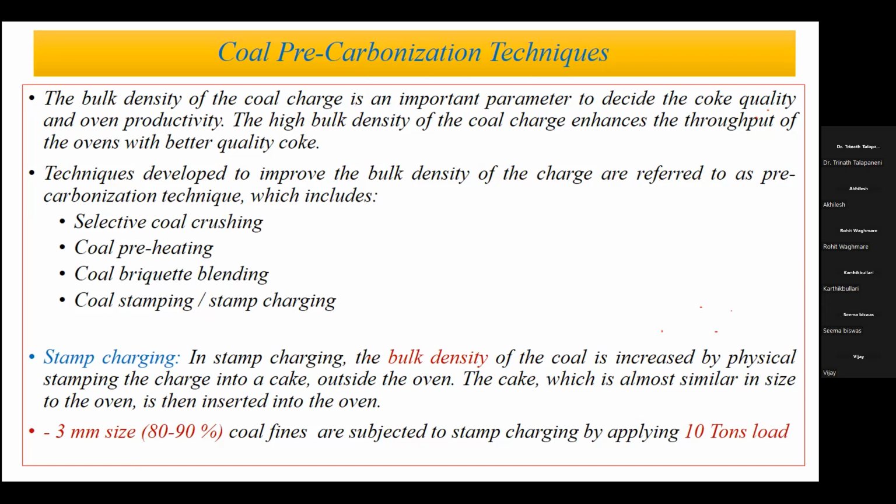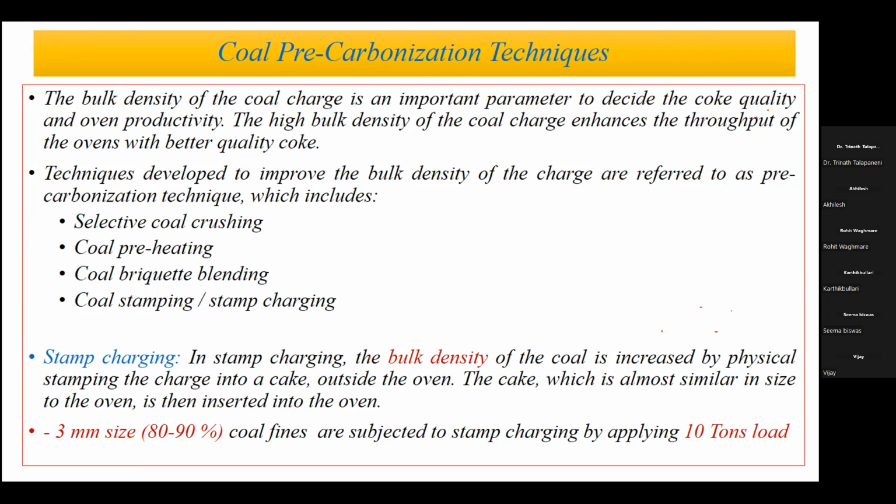There are various techniques to improve the bulk density, and these are called precarbonization techniques. They include selective coal crushing, coal preheating, coal briquetting, and stamp charging. So these are the four precarbonization techniques,